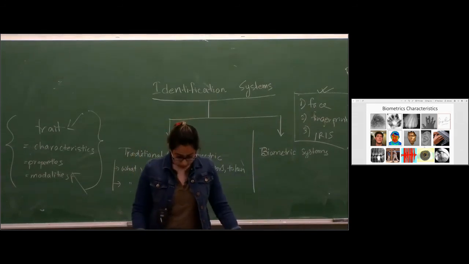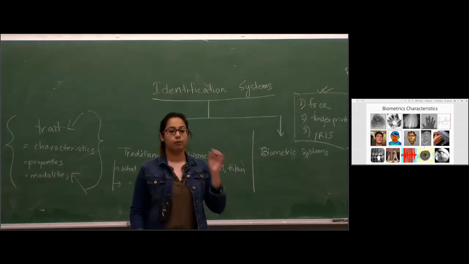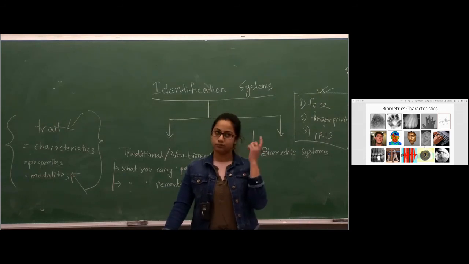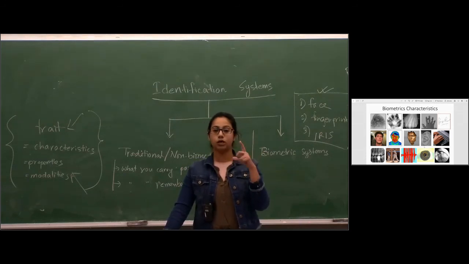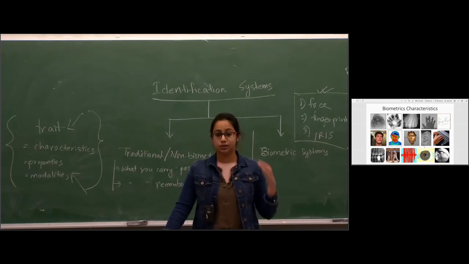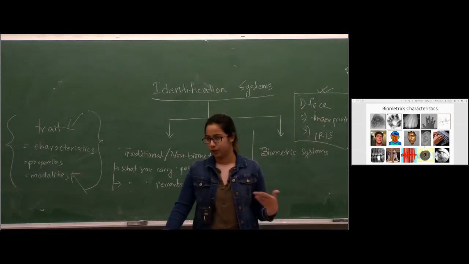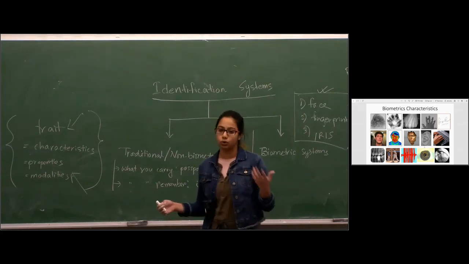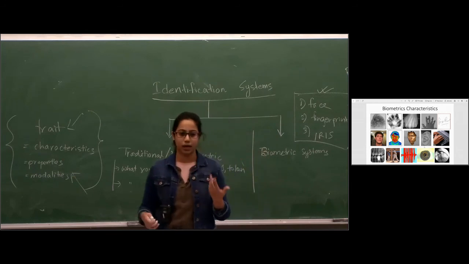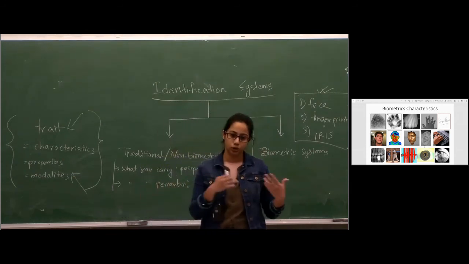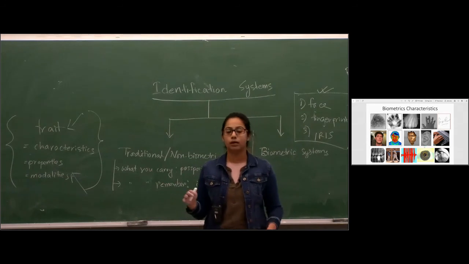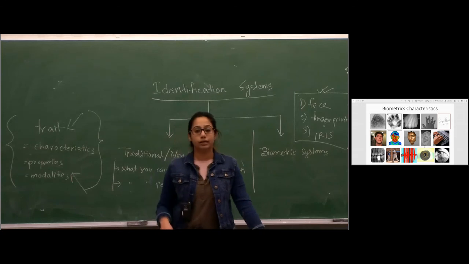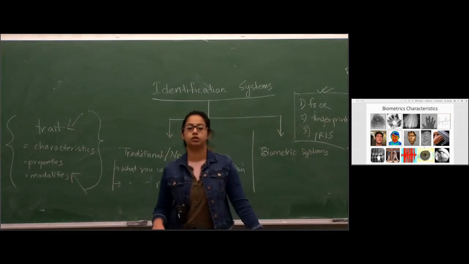Then another one is the ear. So the good thing about the ear is, whenever we are born and we grow up, the size of the ear becomes large, but the patterns hardly change. So this is the biometric property that does not change when you age. But with the other biometric properties, you will see a lot of difference when you grow up, from your childhood face to your current face, right? After 10 years, maybe you will look totally different. So there are many biometric properties that change a lot with time. That is the problem. But the ear is the one which does not change much with time.